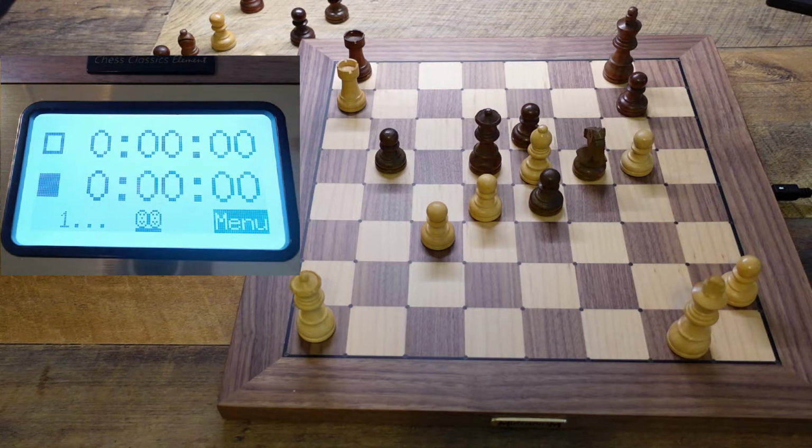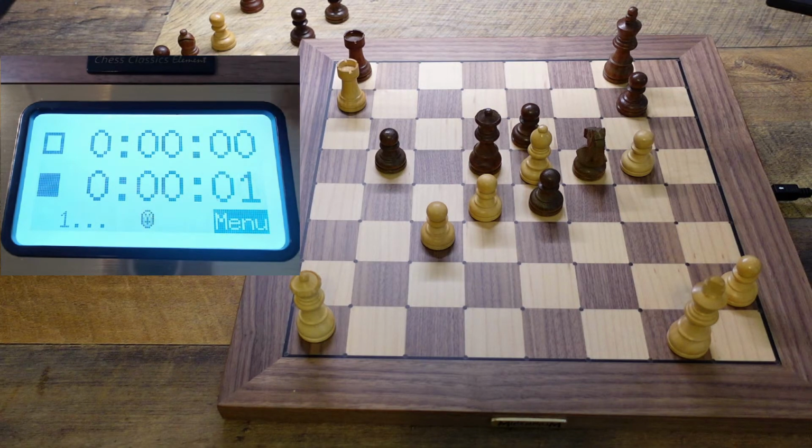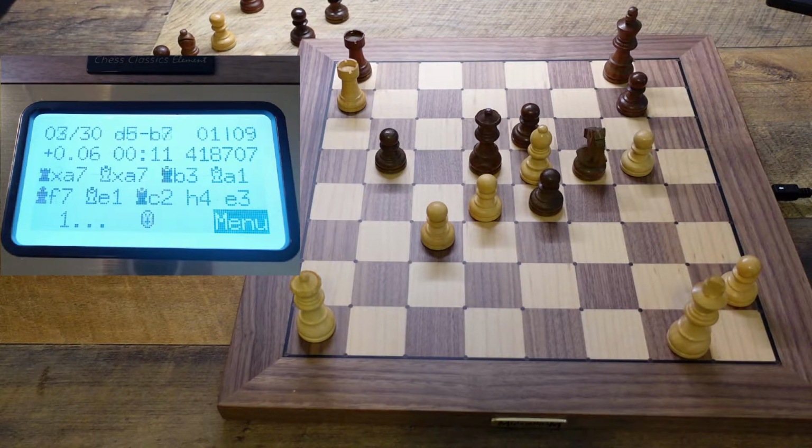And if you want to analyze the game, let's go over here. Forgot to go back in the menu. So go here to analyze. You hit that, and then you'll see the little guy down in the bottom of the screen thinking, indicating that some analyzing going on. So what you do is you just scroll through your info tabs here. And this would be the move positions here. So this is where you're going to see the position at,